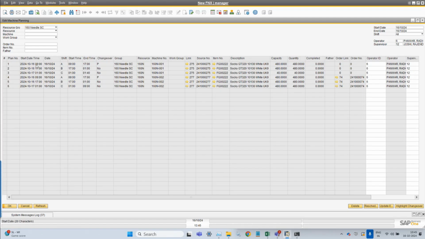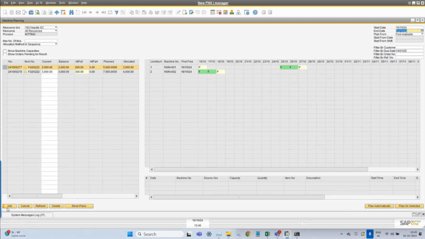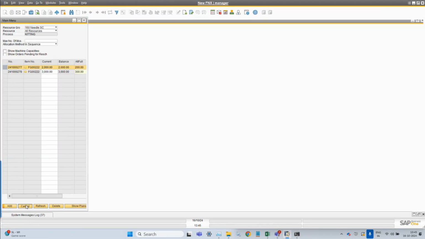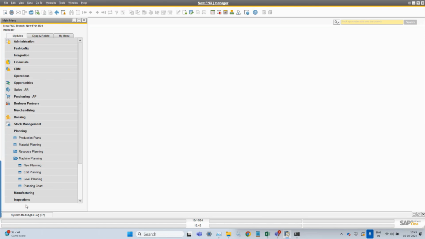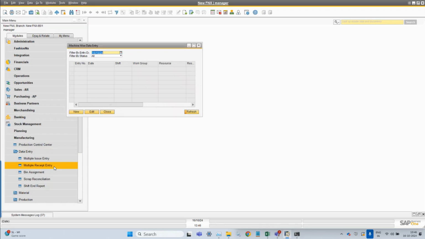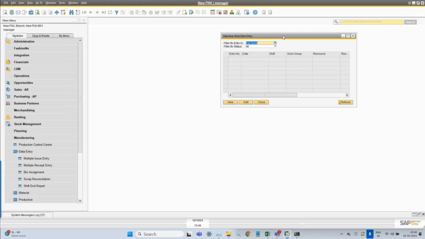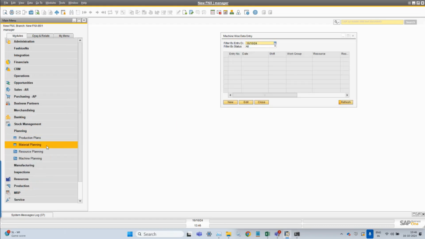Once the planning is done, how can you make the entries against this particular machine planning? In manufacturing itself, there is an option available which is the multiple receipt entry. In multiple receipt entry, based upon whatever planning we have created,